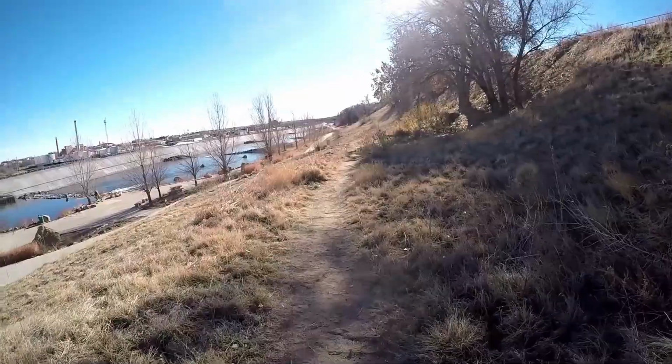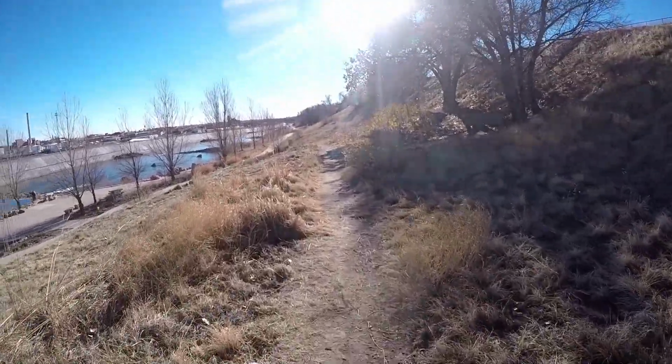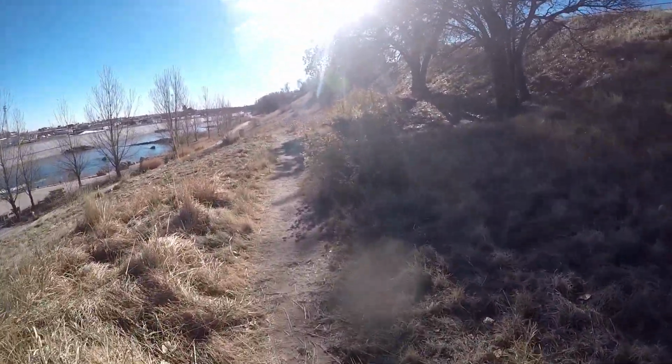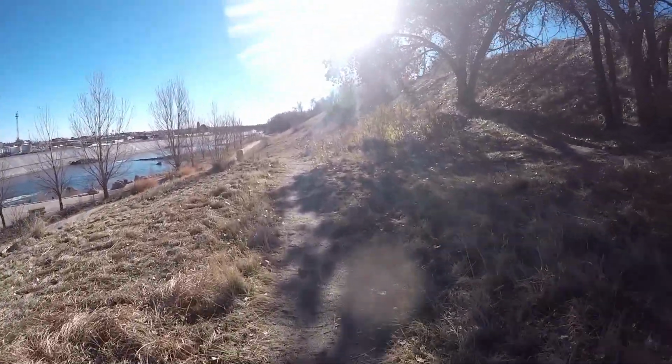Well, good morning from Pueblo, Colorado. Taking a walk down a little short trail here to get down to the nature trail. We're going to take a walk downstream down here. We're going to do a little bit of